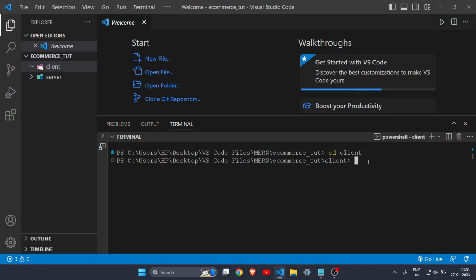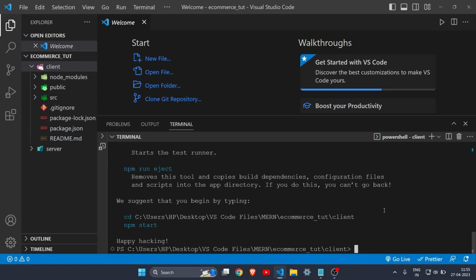Here inside the client folder we will be installing our React. So make sure to install React inside the client folder and not inside your main folder. Now I am currently inside the client folder, so I can easily write npx create-react-app, and a dot. Let's hit enter and wait till it's installed. Alright guys, so React has been finally installed in our code base,